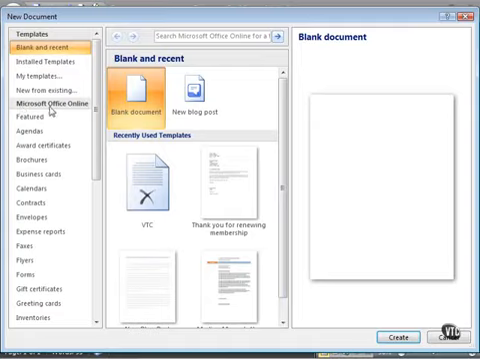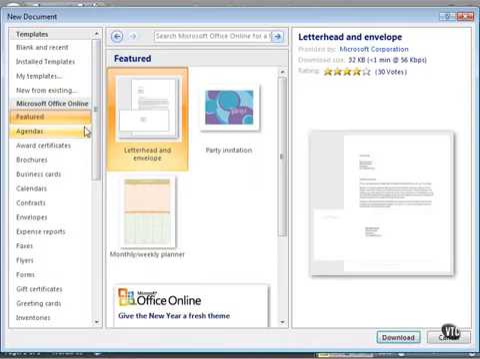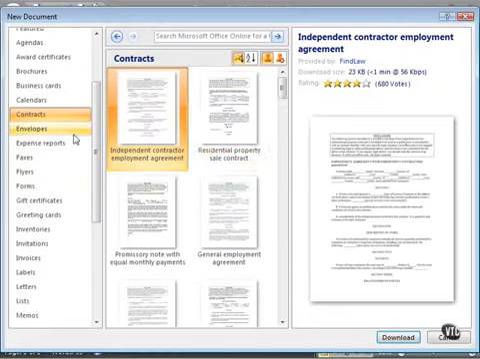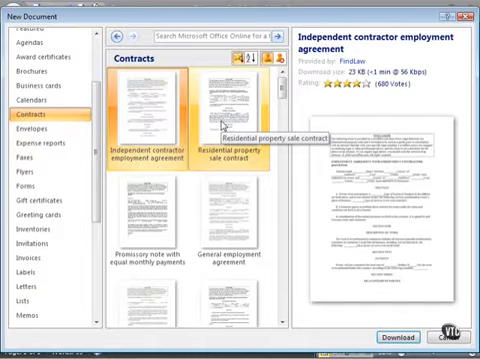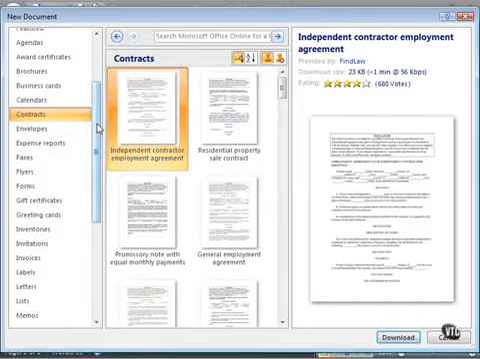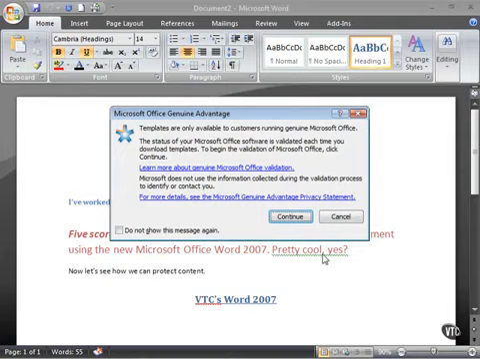Also, there are lots that are available from Microsoft Office Online. So assuming you have an internet connection, you can click on some of the buttons down here: featured, agendas, award certificates, and so on. You can look through tons and tons of templates. Residential property sale contract, if you're selling your house or something like that, or if you're contracting someone to do some work for you, there are some contract templates that you can use. All you got to do is click on download, and